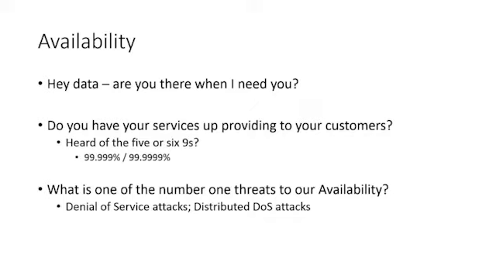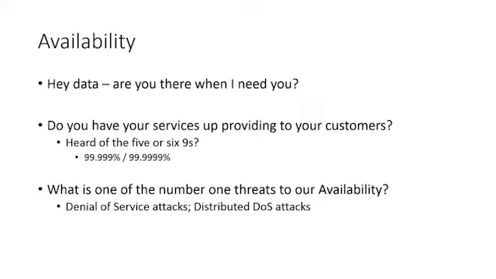I think the 5 nines is like 30 minutes a year of downtime you can have, and the 6 nines is like 5 minutes a year. Well, that's not very long for 365 days. So that's a pretty good goal, right? But that's availability. Is it there when we need it? If I was to get on my cloud provider and try to check my web-based email, is it there? Is it available to me all the time, or almost all of the time?